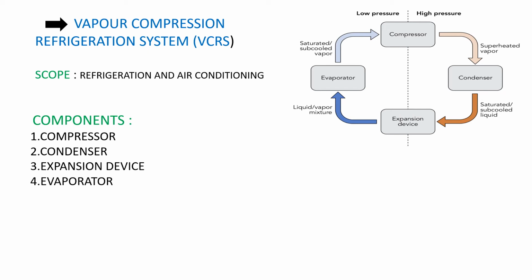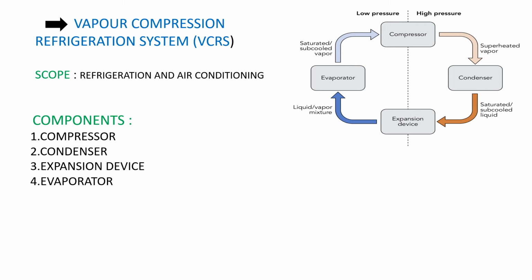The high pressure which we got from the compressor discharge is reduced after passing through the expansion device. So at the end of the expansion device, we will get low pressure refrigerant,